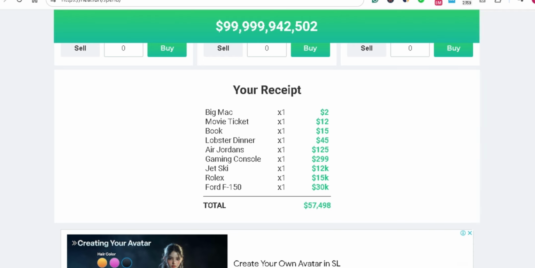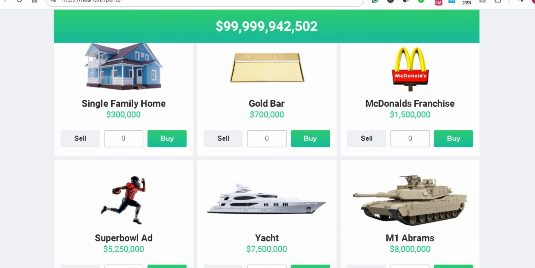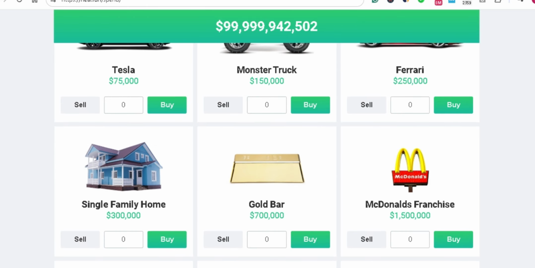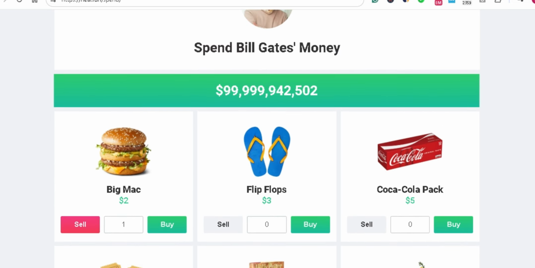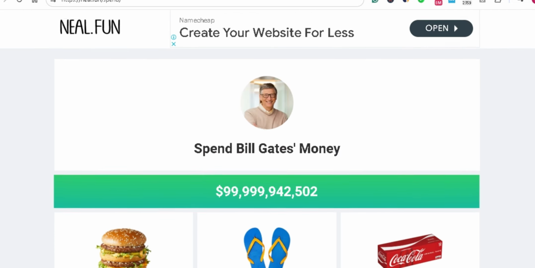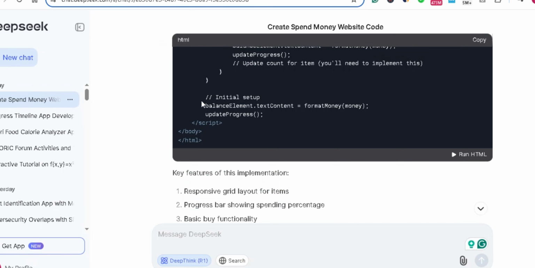Today we will be trying to make this game by using an AI tool, and that AI tool is free. You can use it to make games like this and other games, and those games can be placed on your website, and traffic can be diverted to those websites by different strategies like on-page SEO, off-page SEO, and you can place ads on those websites. So first of all, we will be trying to use DeepSeek.